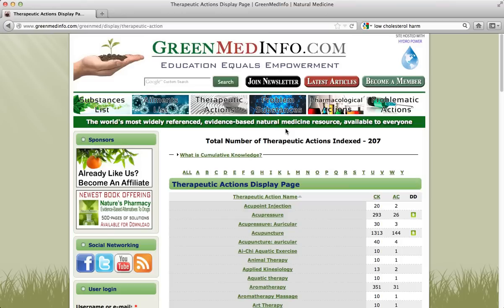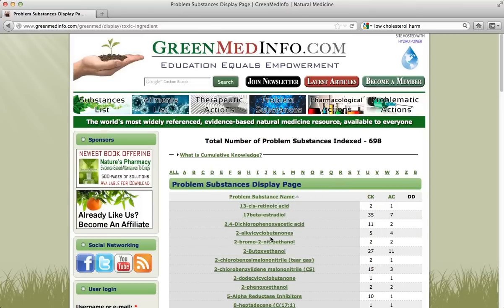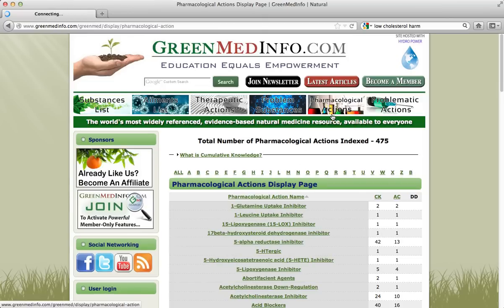Therapeutic actions include things like acupressure, yoga, even chewing gum, marriage, falling in love. We have all of those different sections indexed here. Problem substances include things like food additives, pharmaceuticals, ingredients in vaccines. Pharmacological actions is really more for the advanced user, but for example, if you're a clinician and you're finding someone